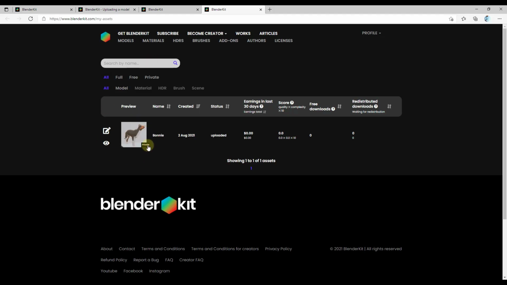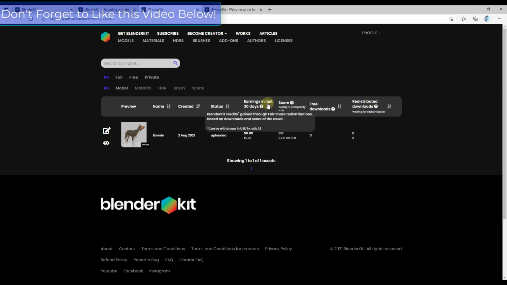And so if I was to click on the button for show my assets, you can see how that body model shows up in here. And so one other cool thing about this, if you do make your models public, you do a good job with them, for example, then you can actually get earnings through this as well. So basically what that means is as your models are downloaded and scored, if people are downloading them through the paid version, you can actually make some money back.